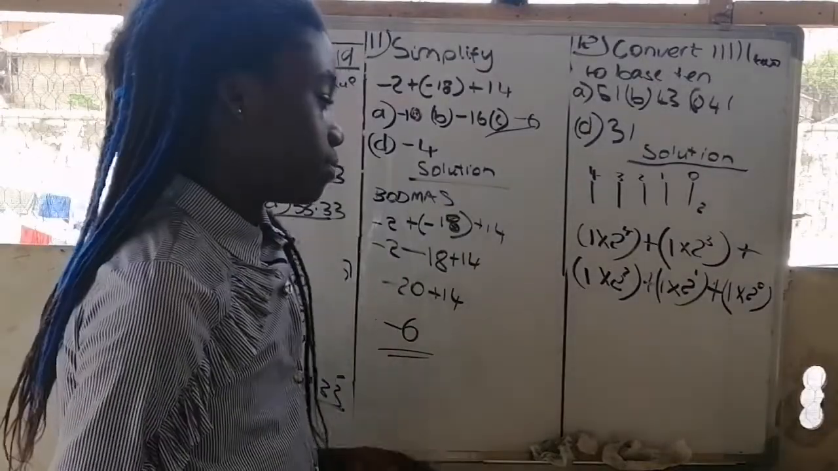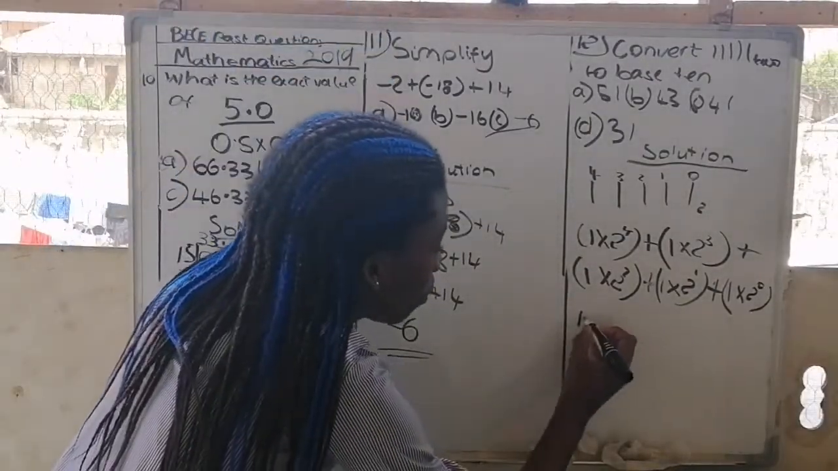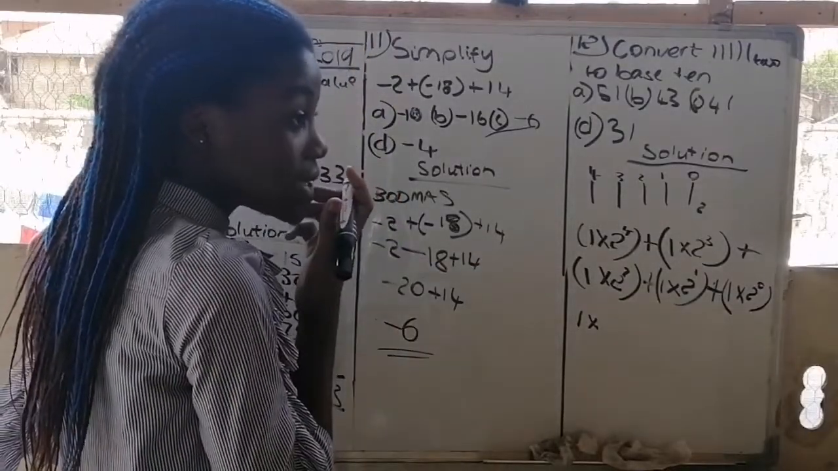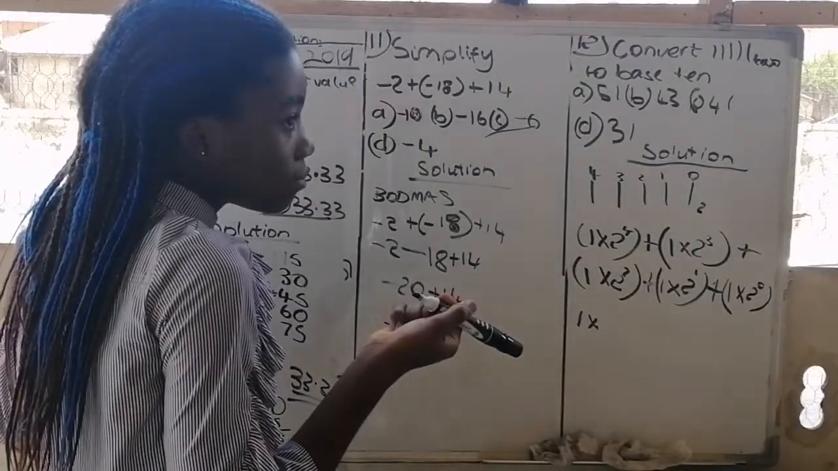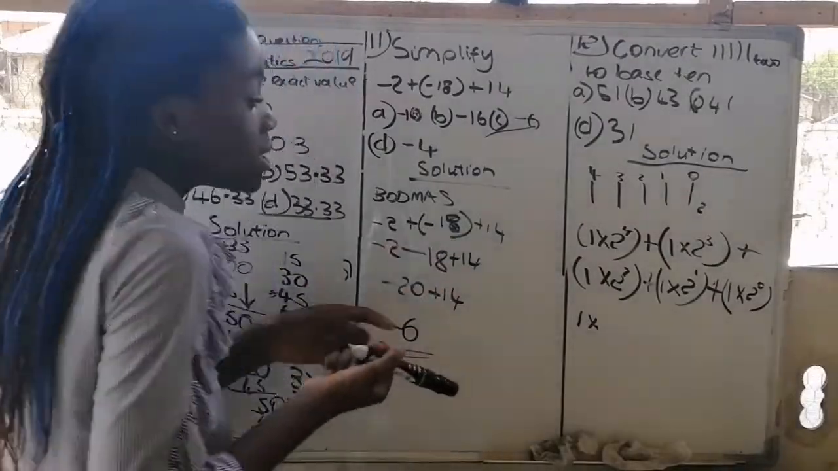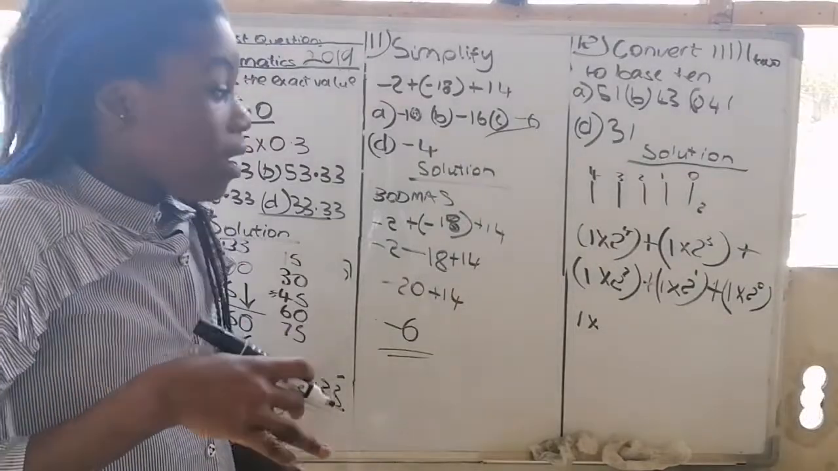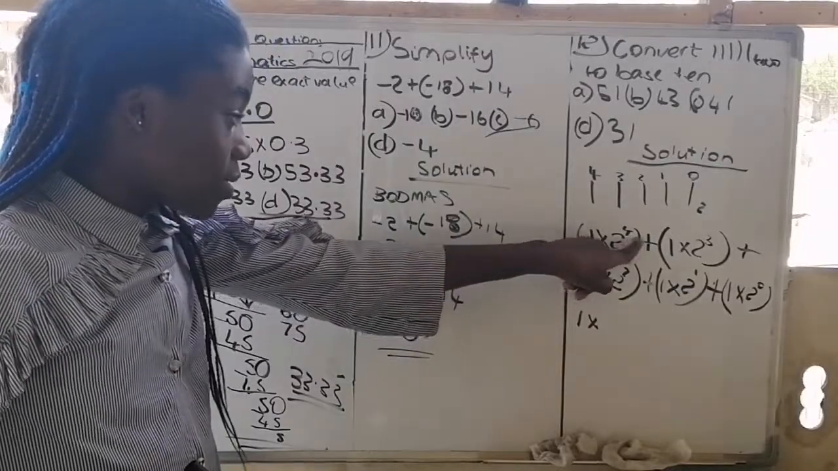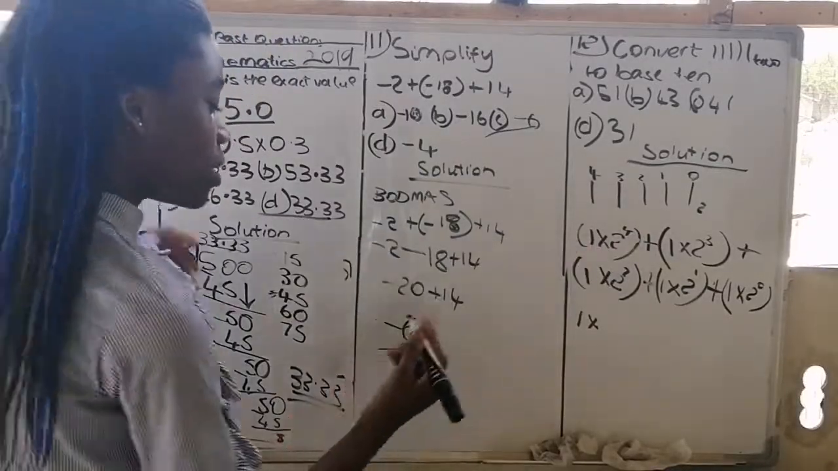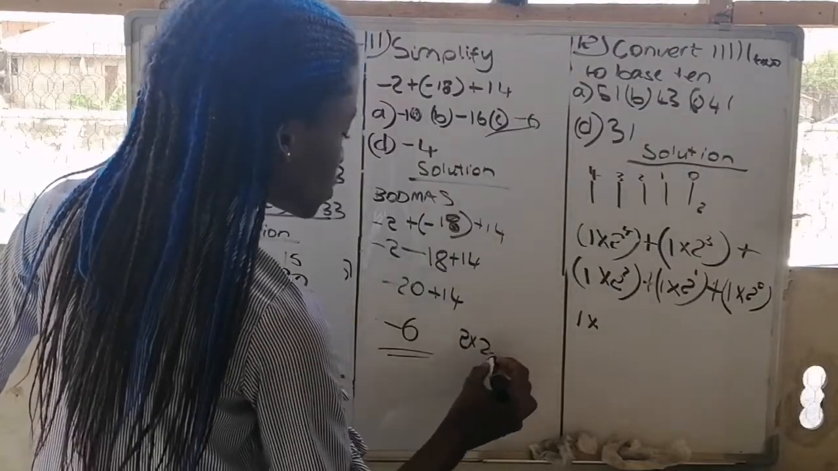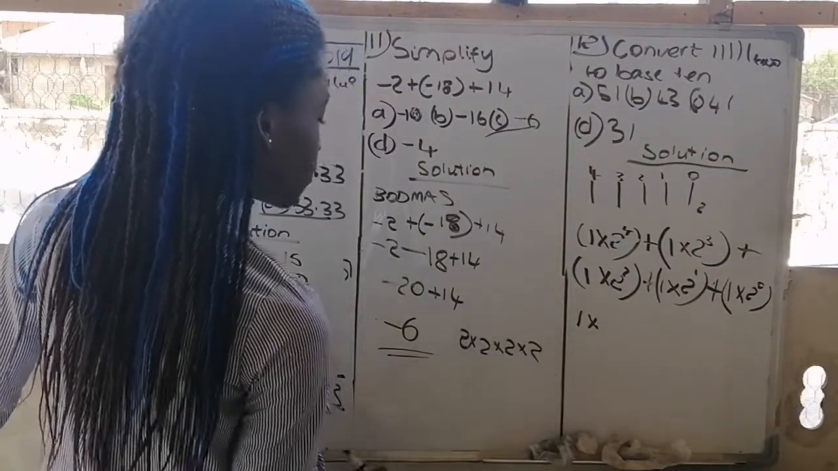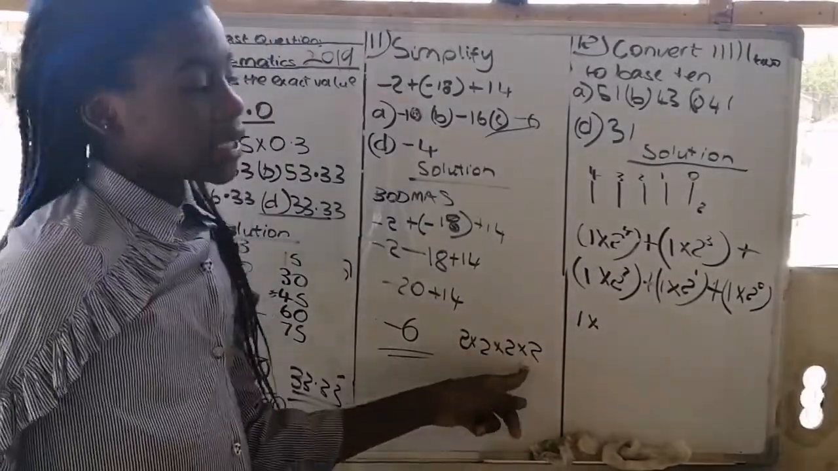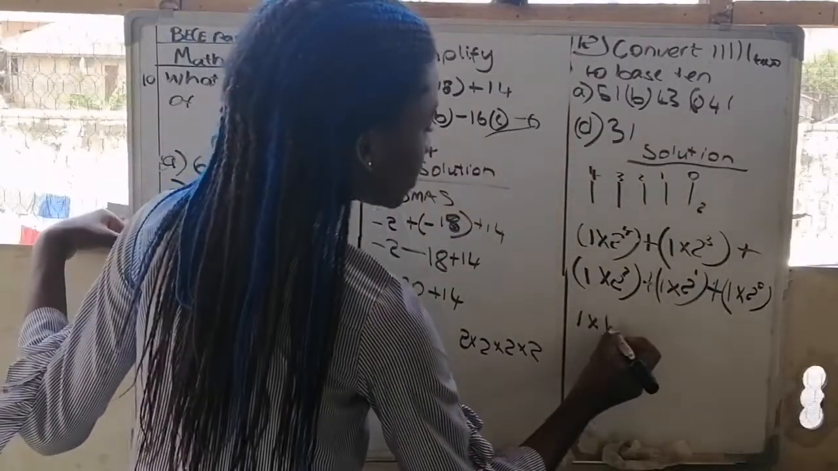So now let's solve. 1 times 2 raised to the power of 4. Now, anything raised to the power of another number means that the number has to multiply itself that number of times. So which means 2 times 2 times 2 times 2. This is raised to the power of 4. So 2 times 2 is 4, times 2 is 8, times 2 is 16. So 1 times 16